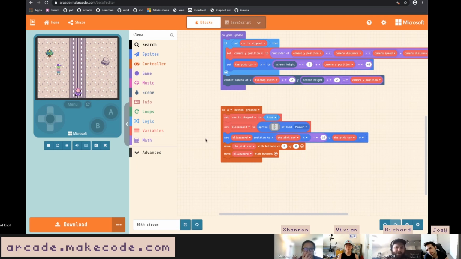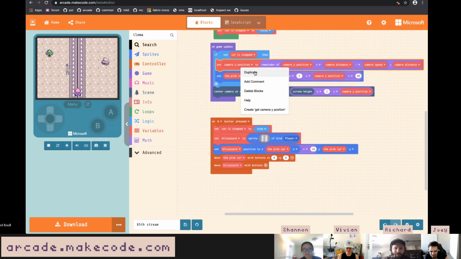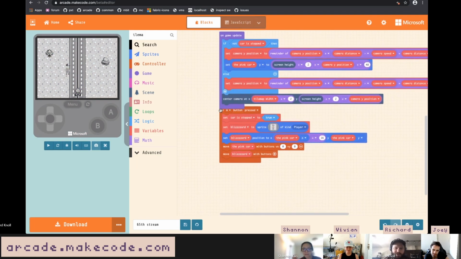I'm also going to have to make it so that Blizzard loops back around. This will be a fun little effect where you can just loop forever and your car will always be there when you loop back around. So to do that, I am going to press a plus on this, and I want to set the camera Y position